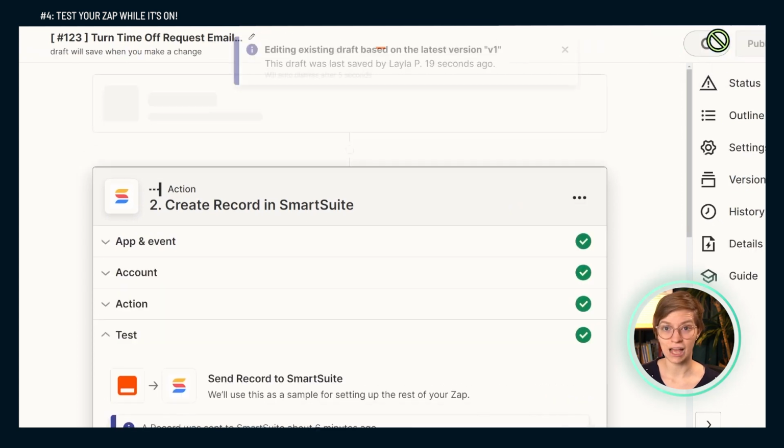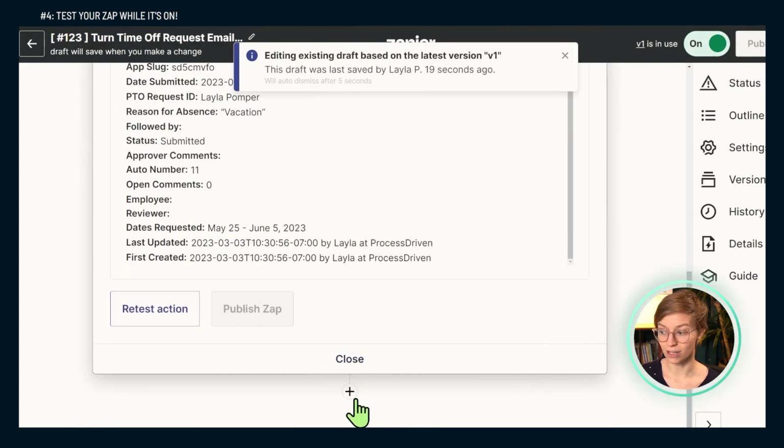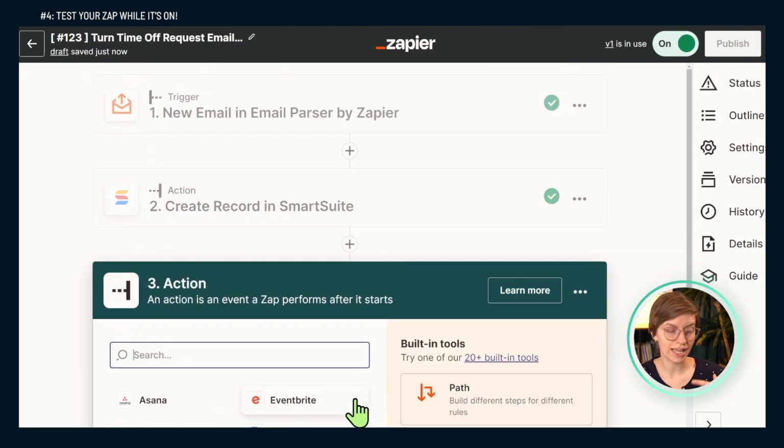and edit this app if you want to go back and modify steps or even add additional steps below it, such as maybe you want it to create a app in SmartSuite. Maybe you want it to create a calendar event for yourself. Whatever you want to do, you can add a lot of steps here, but we just want to make sure that this is working and ready to kind of set and forget so we can move on to the next